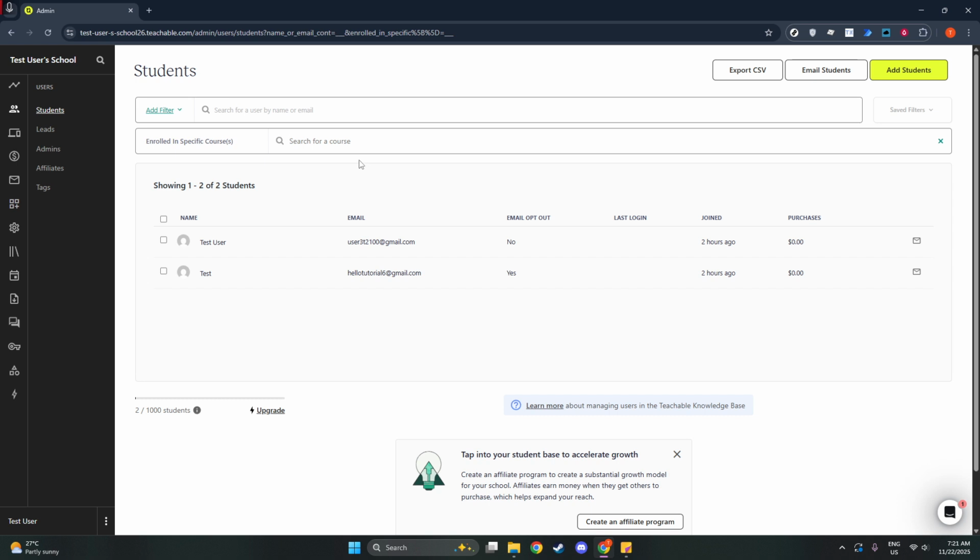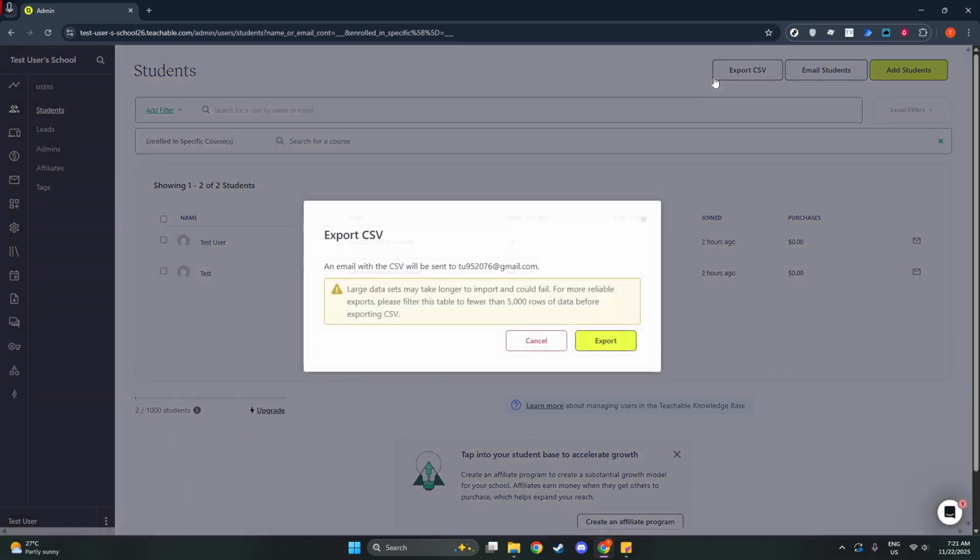With your filters applied, look to the top right of the Users page and click Export CSV. Teachable will prepare the file in the background and send a download link to the school owner's email address. If you're an admin and not the owner, make sure you coordinate with the owner so they can retrieve the file for you. Keep an eye on your inbox and check your spam or promotions folder just in case the